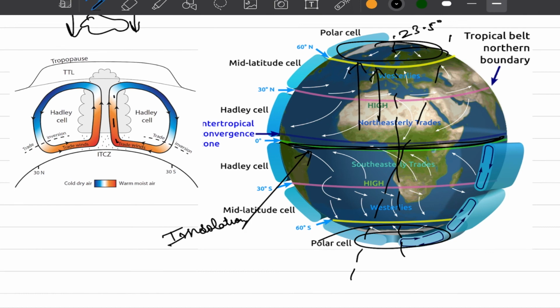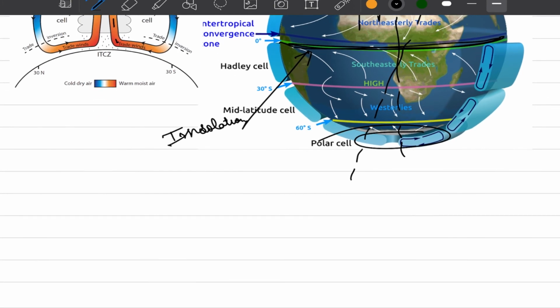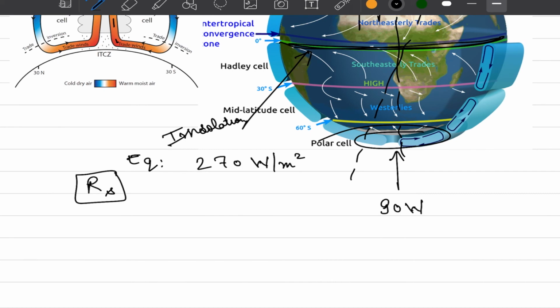To put this into perspective, our equator receives around 270 watt per meter square insolation from the sun, what you learned as RS, the short wave radiation that we receive from the sun, in our previous unit. That's exactly what we are talking about here. On the other hand, our poles receive 90 watt per meter square. So there is a considerable difference when you look at 270 and 90 watt per meter square,